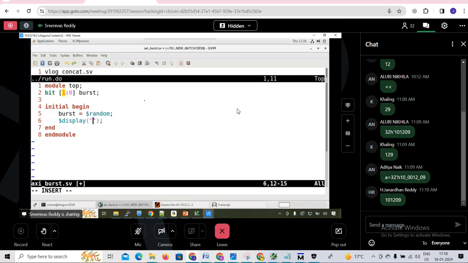The burst value is generated randomly. I will say burst equal to percentage B. Repeat it 5 times, begin end. Clear? Okay. If I run it now,